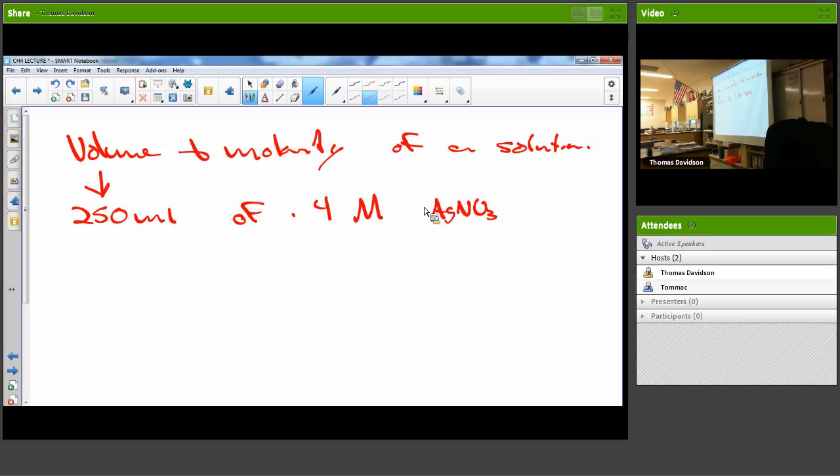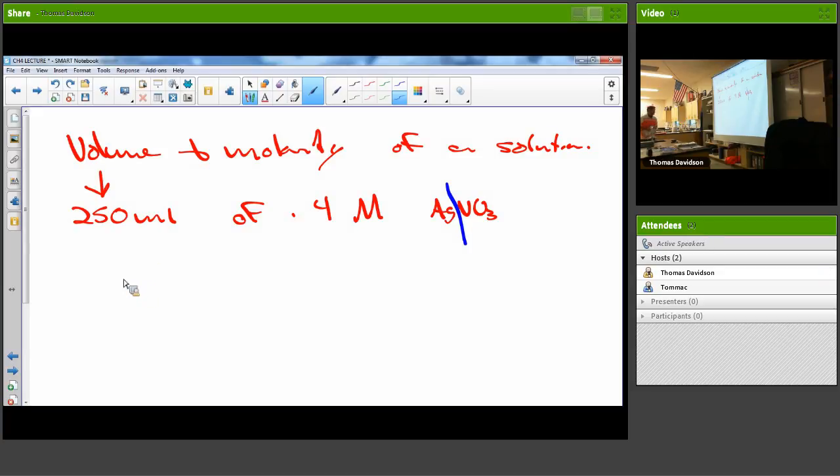This is most typically the way that the problem would present it. So it gives you just your volume, it gives you your molarity, but we need to know the amount of moles of both parts of this. Now this one will be easy because it's just a one-to-one. But what we would do to find moles,